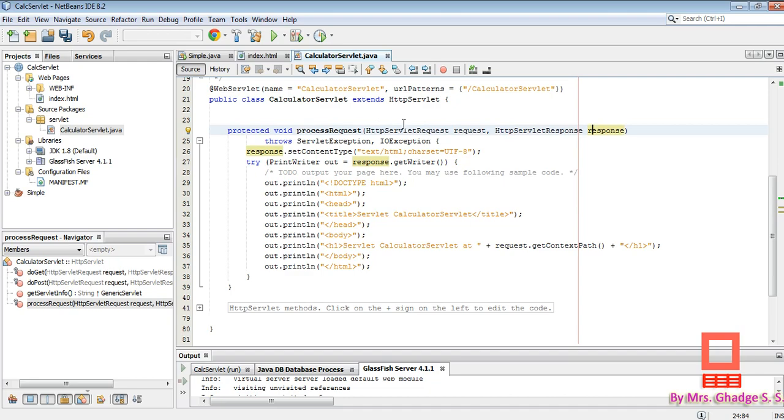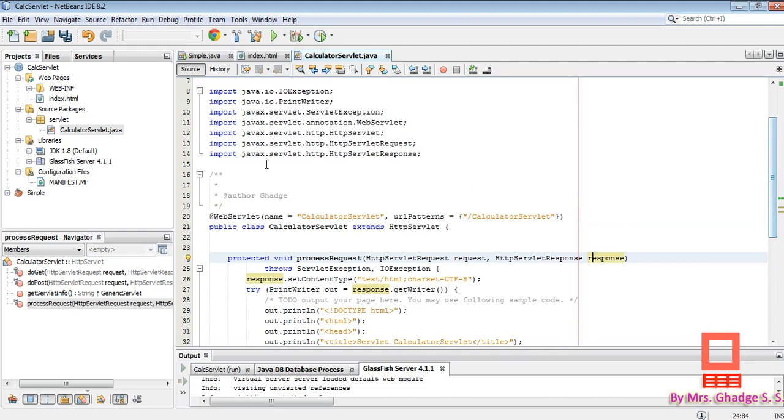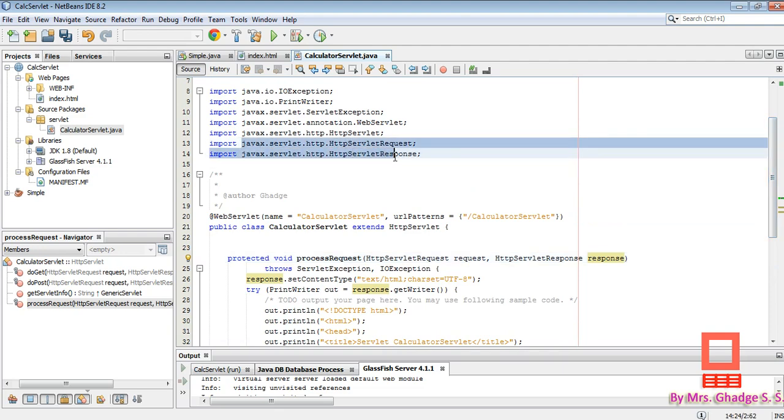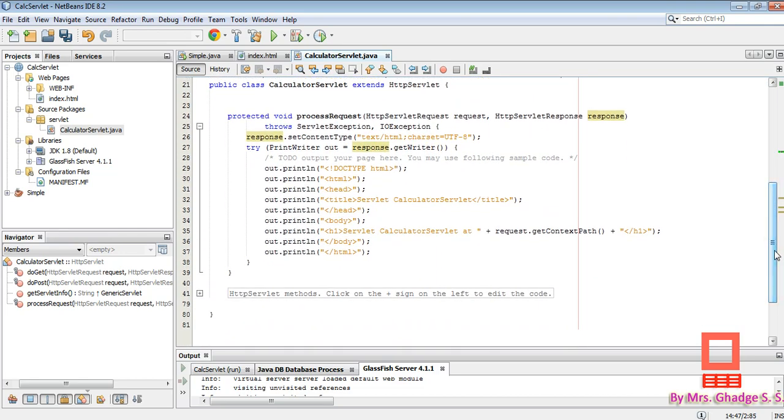These are inbuilt classes which again belong to the package javax.servlet.http. HttpServletRequest is used to handle the request, and HttpServletResponse is used to handle the response. Two exceptions are thrown here: first ServletException, and second IOException. You must throw these two exceptions.